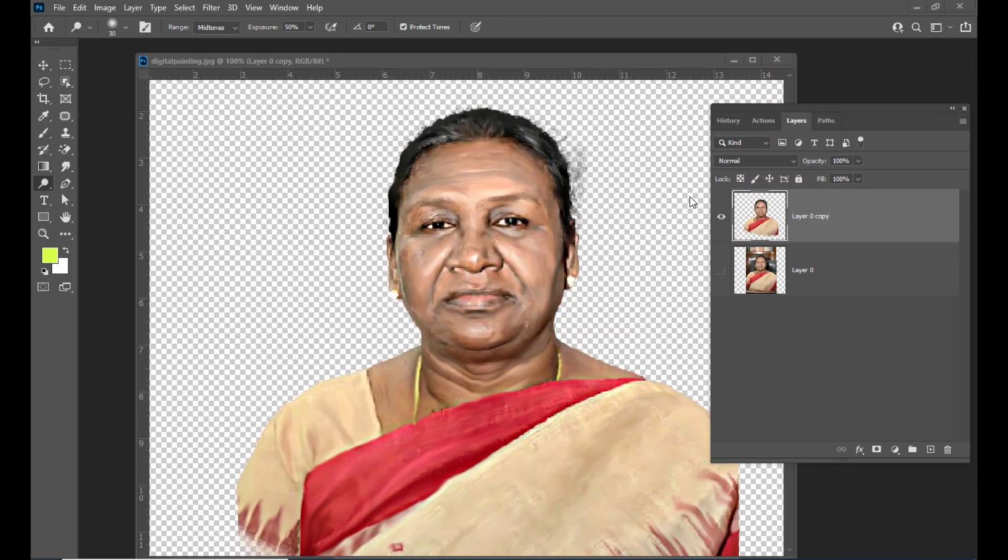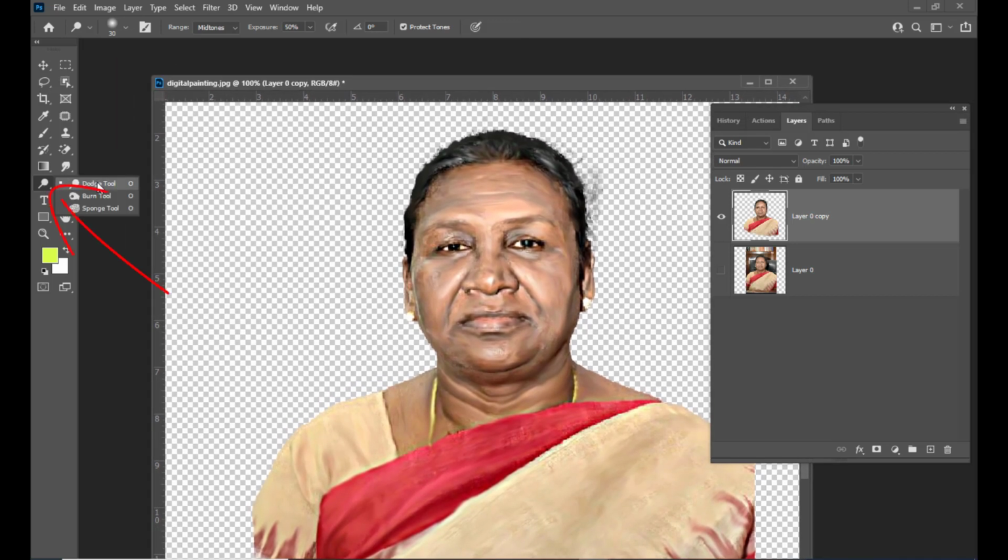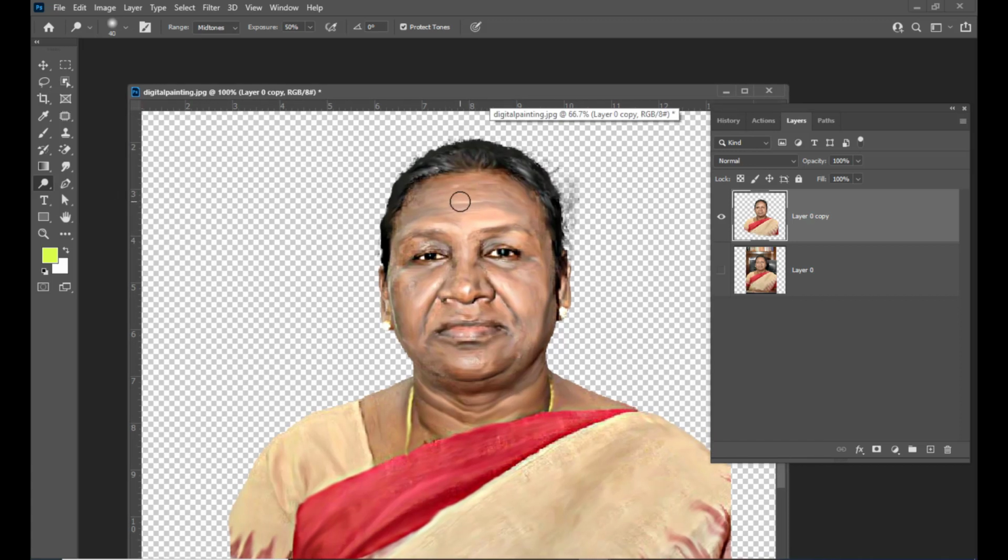So once we are done with the painting with smudge tool, the next thing we are supposed to do is, we will use the dodge tool and burn tool to just paint highlights and shadows. So to brighten up the highlights and to darken the shadows. So simply select the dodge tool, and we need to paint only on areas where we see the bright tones